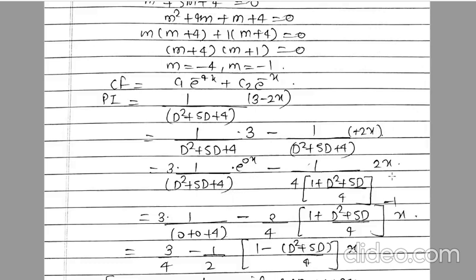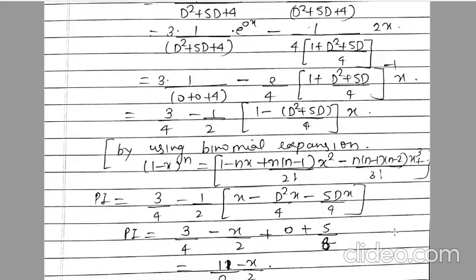Now here 2x is here. So the important part is this. We can write this equation as 1 plus f(D) type. For the 1 plus f(D) type, you will take 4 common. So 4 is outside, so 1 plus D square plus 5D upon 4, into 2x, right? Here the exponential case is applicable. D is equal to 0, so 0 plus 0 plus 4, minus 2 upon 4, 1 plus D square plus 5D upon 4 to the power minus 1. In the denominator, we are converting into numerator, so the power will be minus 1.